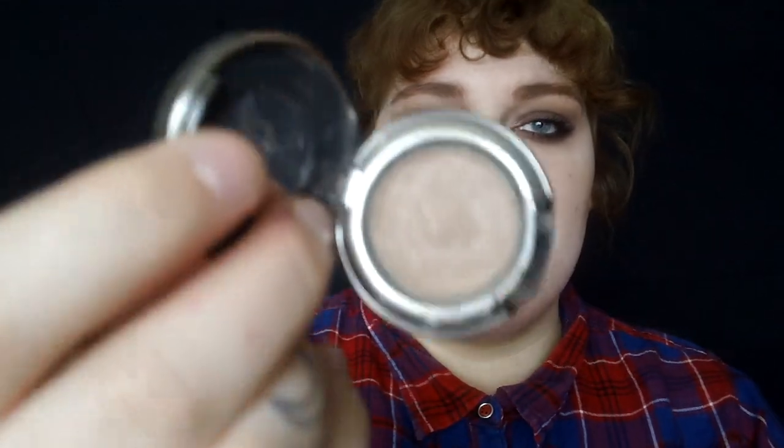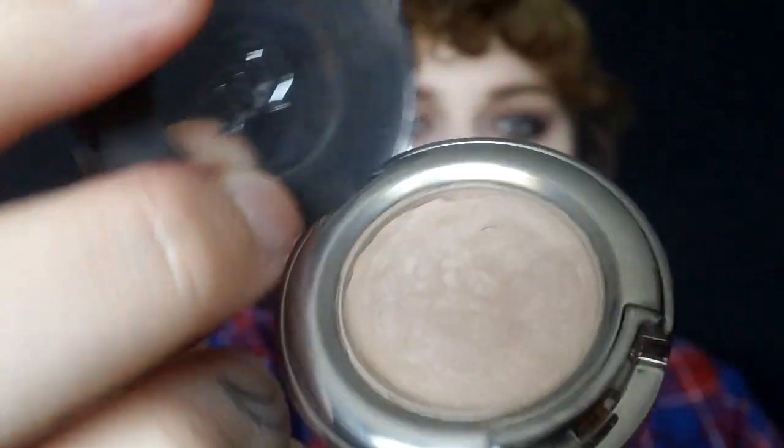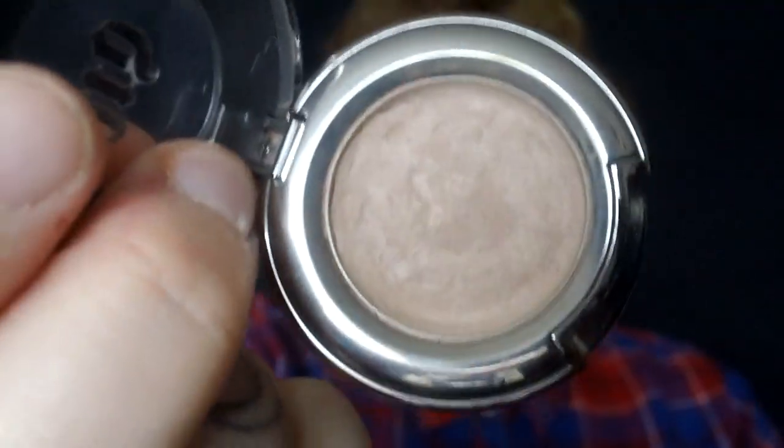However, it's been around for so long and it would just be really satisfying to see it go, if that makes any sense. So like I said, this is an Urban Decay eyeshadow. This is just a single in the shade Naked. Now mine looks a little janky, if you can see. Now this is kind of a Franken shadow for me,